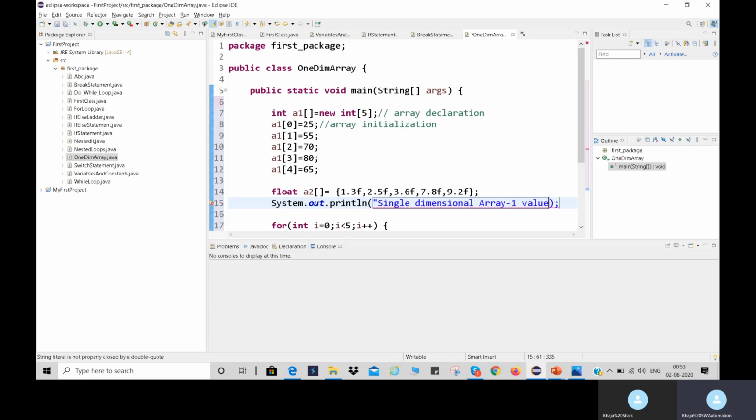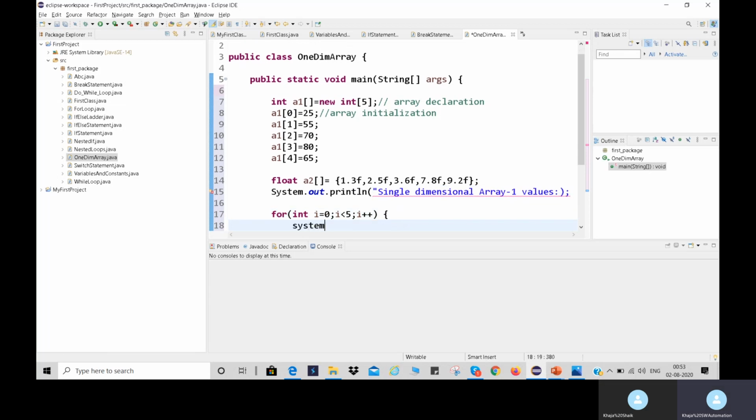Single dimension array a1 values. System.out.println a1 of i. I am giving some space.